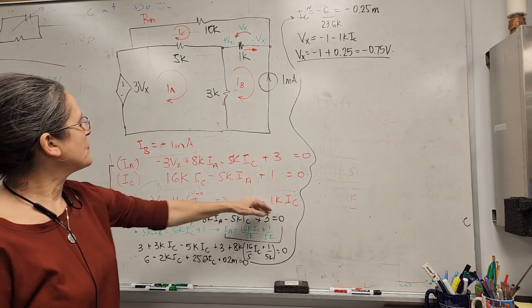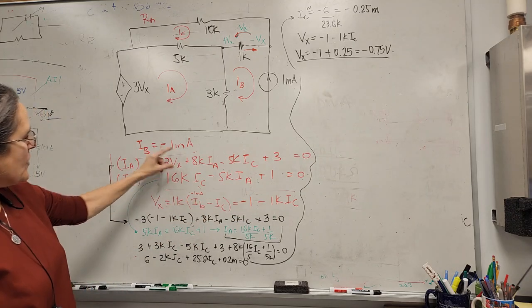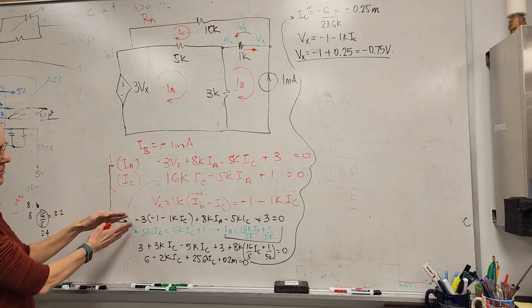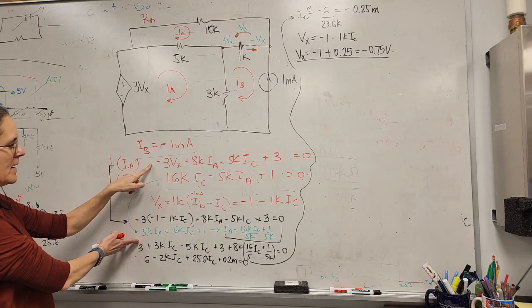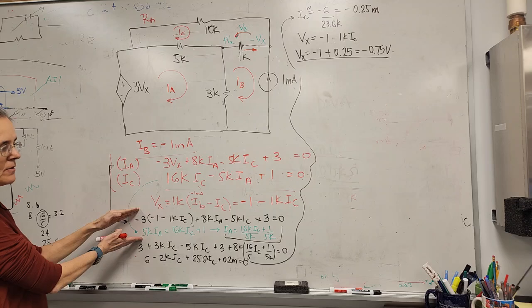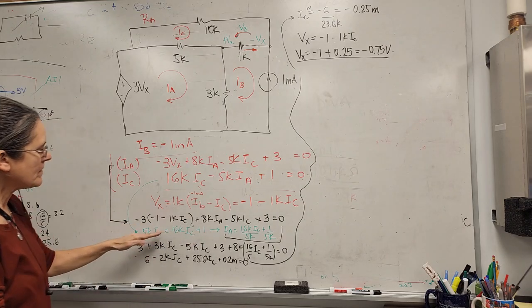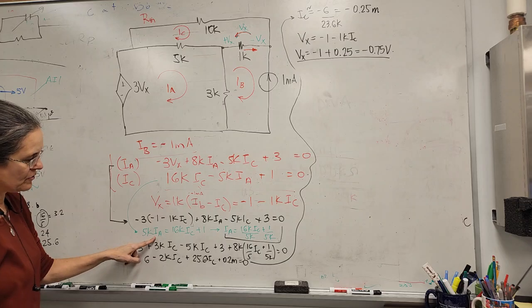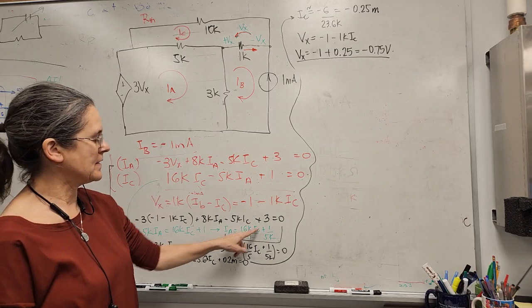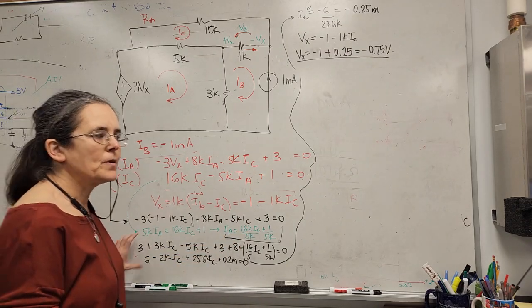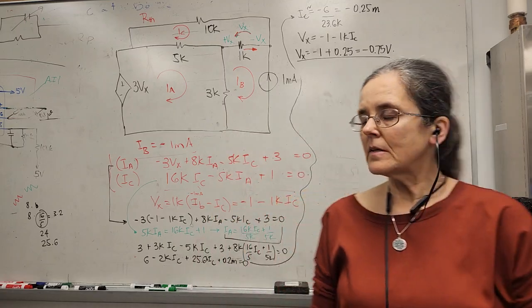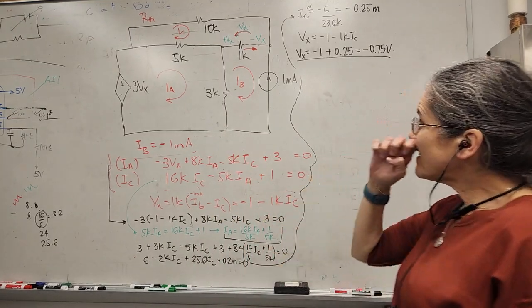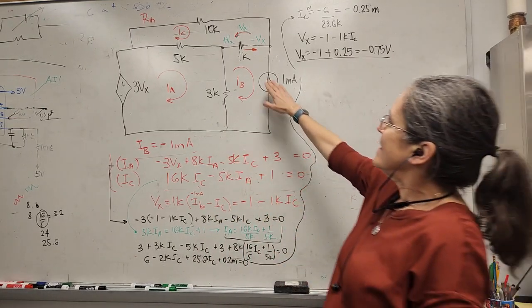I use this equation to substitute here so that I still have these 2 here. The black and the green are my IA and IC KVLs, but now with Vx substituted. So I use another substitution. I write IA as a function of IC, and I end up with an equation that's only a function of IC. The reason I'm so interested in IC is that